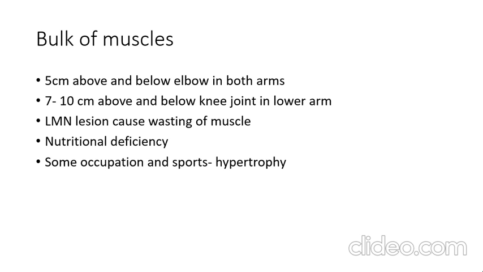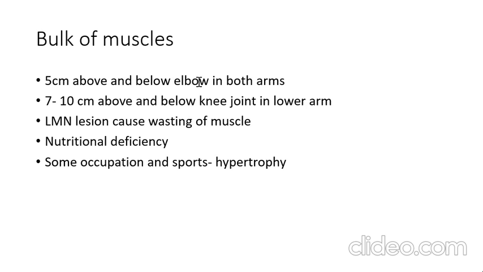So bulk. First of all, bulk of muscle. As the name shows, bulk means we have to assess the nutritional status of muscles, whether there is wasting of muscles or the normal circumference levels. If we talk about muscle bulk, we have to measure the circumference at some areas. Now to measure whether it's normal or abnormal, we should relate it with some bony landmarks, right? For example, if we want to measure arm circumference, then we have to relate it with a bony landmark, that is the elbow, right? So above the elbow and below the elbow on both arms.